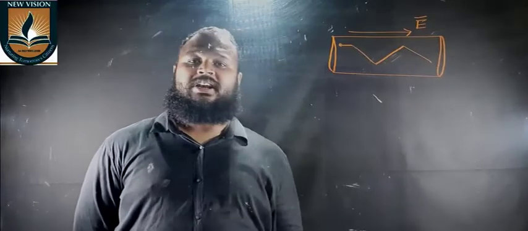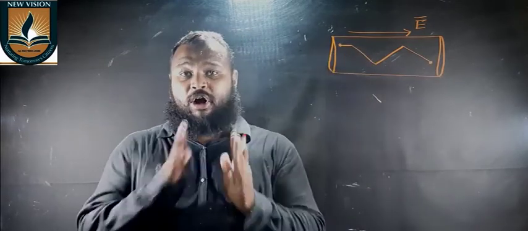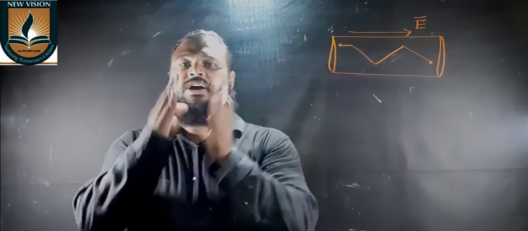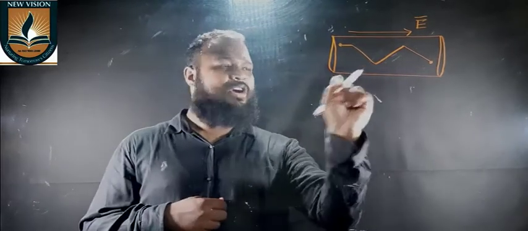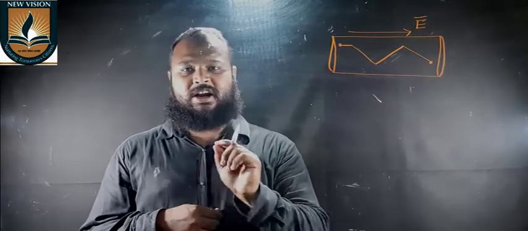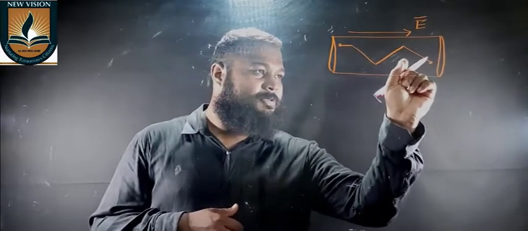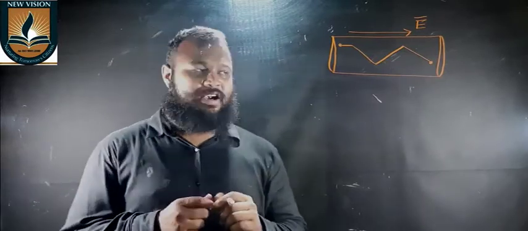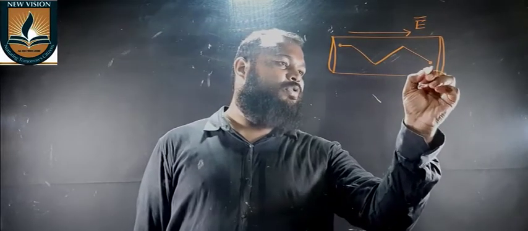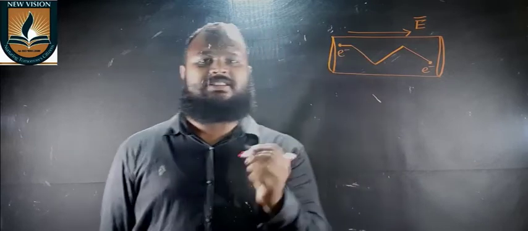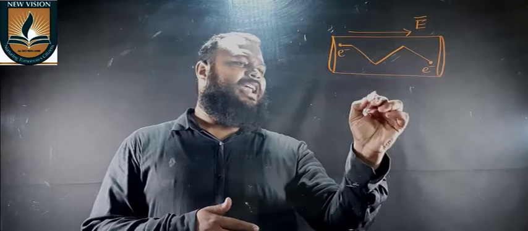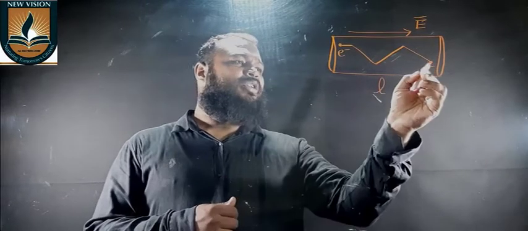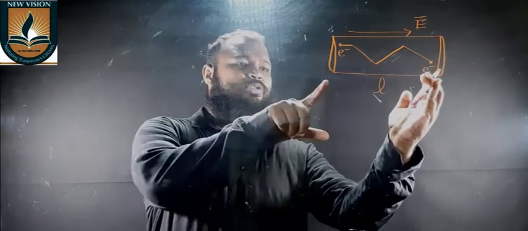So this was the electric field set up in a conductor, and the electron moves from one end to the other end. The ordered flow of electrons, or a steady flow of electrons, gives you electric current. Not just random motion of electrons is electric current, but the motion of electrons from one end to the other end is electric current. So if L is the length of the conductor, the electron has moved from this end to this end.